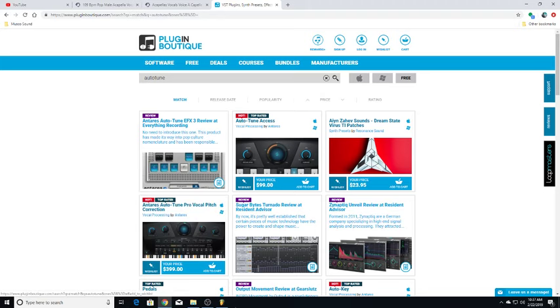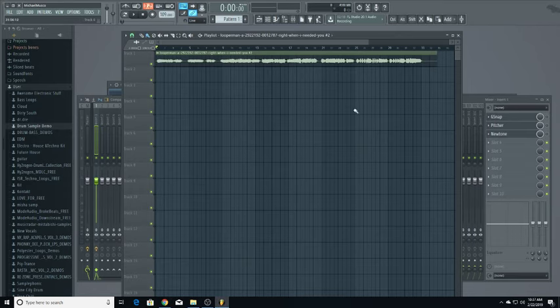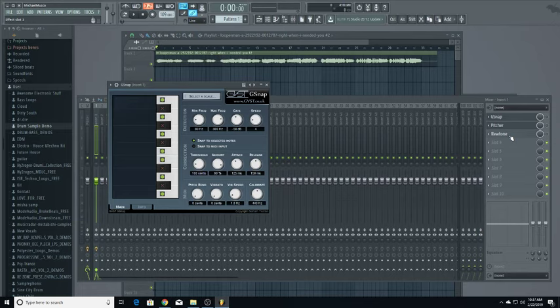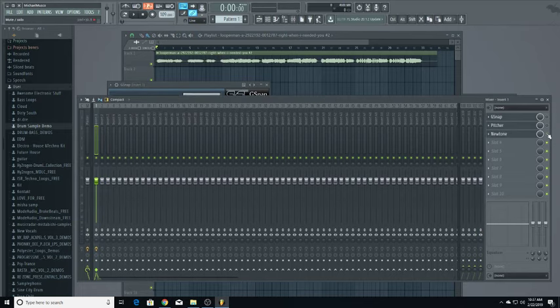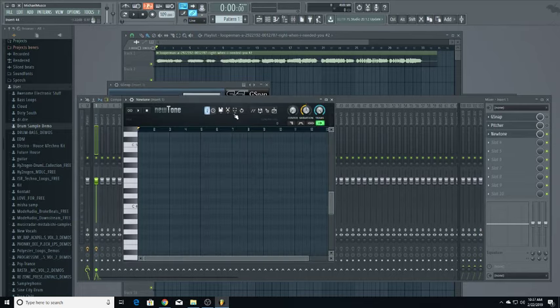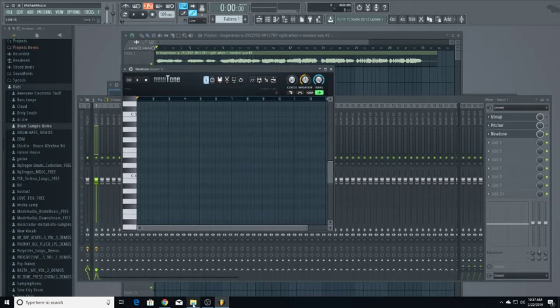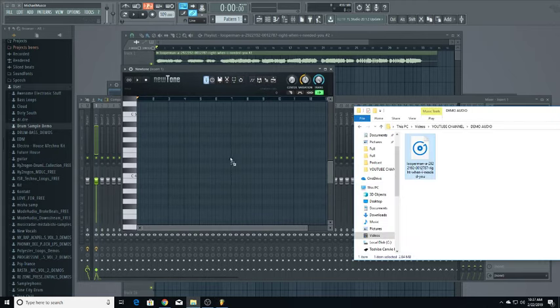I'm going to show you guys a free way to do it, and then also how to do it with some of these built-in plugins, these native plugins from FL Studio. And so probably the first one I'll show you how to do, kind of working backwards here, is NewTone. So what you want to do is grab that vocal and just throw it into NewTone,